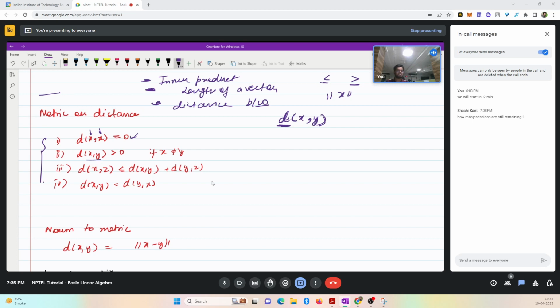Distance between any 2 points should always be greater than or equal to 0. If x and y are not equal, then the distance between any 2 points should always be greater than 0. Intuitive. Third one is something called the triangle inequality. And the fourth property is that the distance between x and y must be equal to the distance between y and x. If I go from x to y or I come from y to x, then the distance should be the same. So if any function satisfies these four properties, then it is called a metric